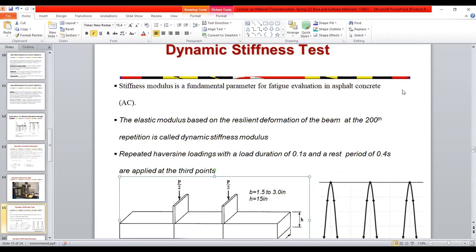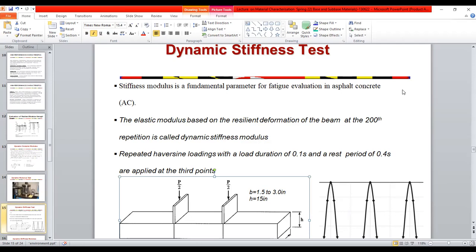When we perform the dynamic modulus test, we get the rutting resistance. And in order to get our fatigue resistance measurement, we use this dynamic stiffness test.